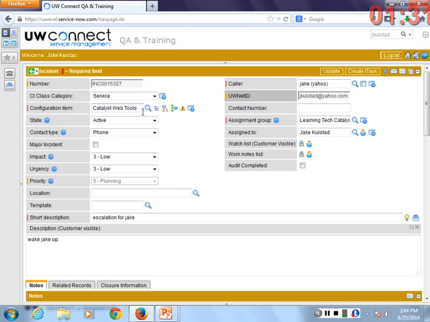I have this escalating task. I'm going to show you a new state. We have two states that weren't present in request. One is awaiting Tier 2 info, and the other is awaiting vendor. They both behave similarly, rather the same. I'm going to choose awaiting Tier 2 because it's applicable in this situation. And I'm going to hit save.